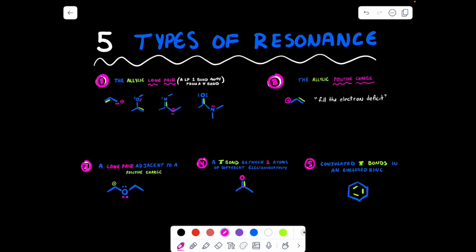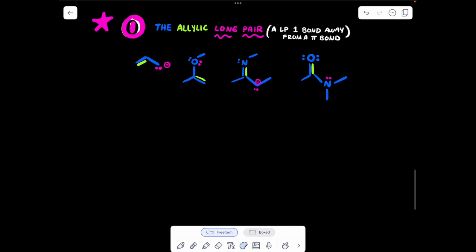So starting with type number 1, the allylic lone pair. What does that even mean? What we are referring to is a lone pair that is one bond away from a pi bond. So if we look at example number 1,